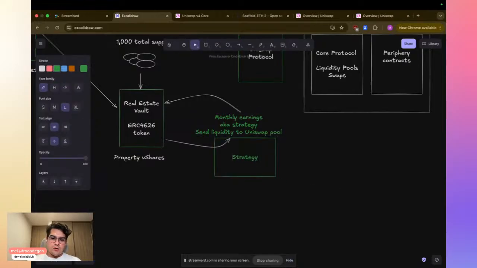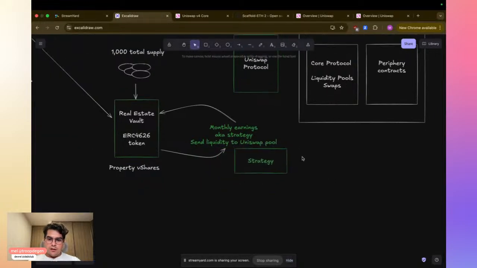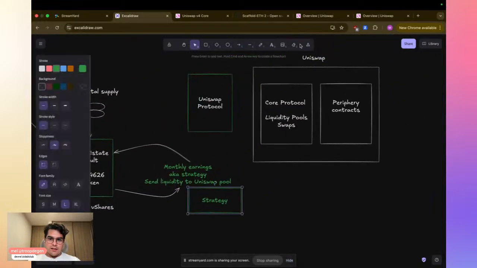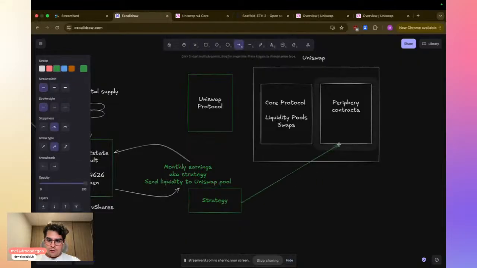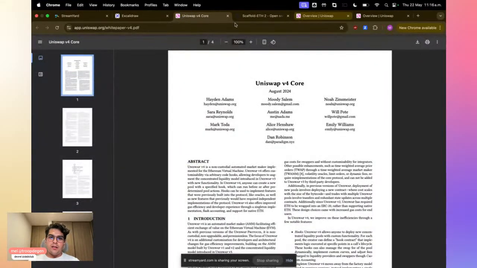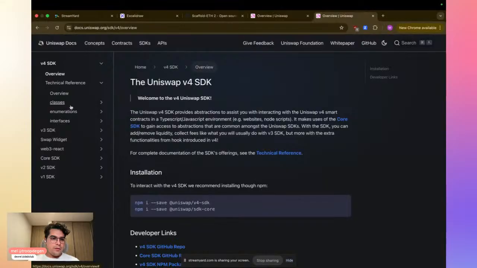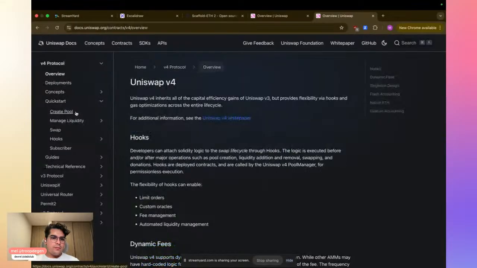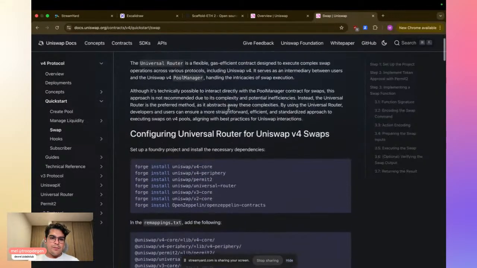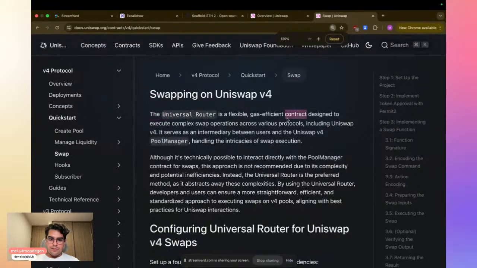which is usually like a smart contract on its own. You can think of it like that strategy. And that strategy is precisely going to be interacting with these periphery smart contracts instead of the core protocol. So when we go to the documentation and we see, let me close the white paper. When we see that we have some on the swapping quick start, we will be using the universal router, which is precisely a contract that will allow us to